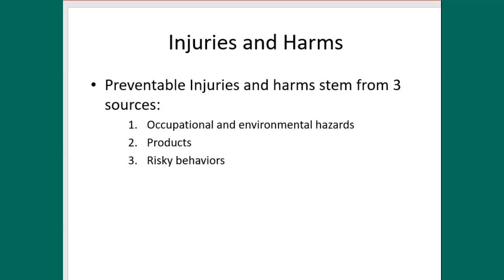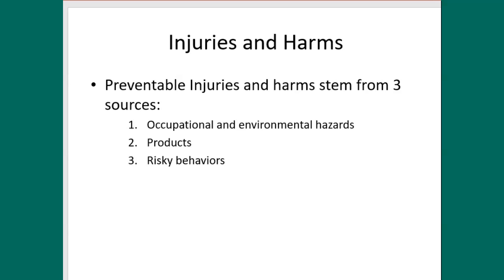We talked about communicable disease. That's the most obvious example. We talked about chronic disease, and I think most of us prior to this class would recognize that people with chronic diseases, as widespread as they are, are also part of the public health conversation. But when it comes to preventable injuries and harms, it's not such an obvious question. So let's take a few minutes and talk about preventable injuries and harms and the sources of